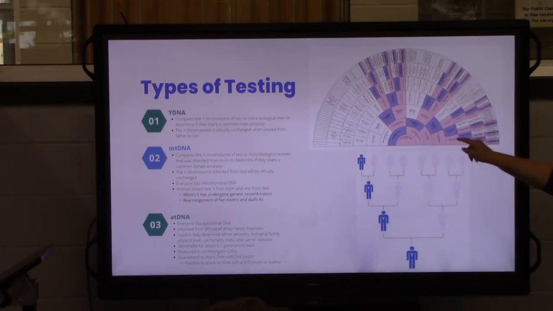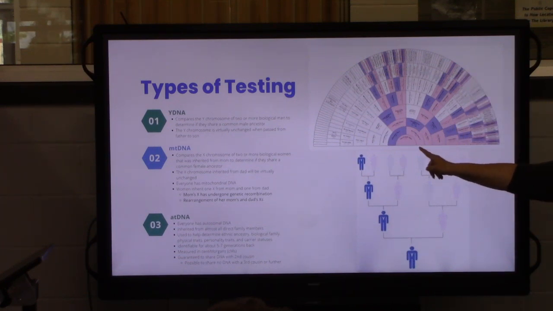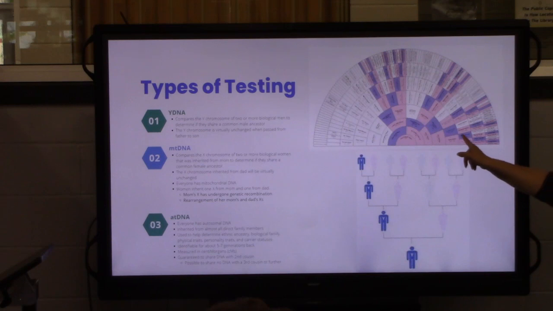This one here is for the mitochondrial DNA from mom. So this kind of shows you how you would inherit it from each of your female ancestors, even when you get that combined